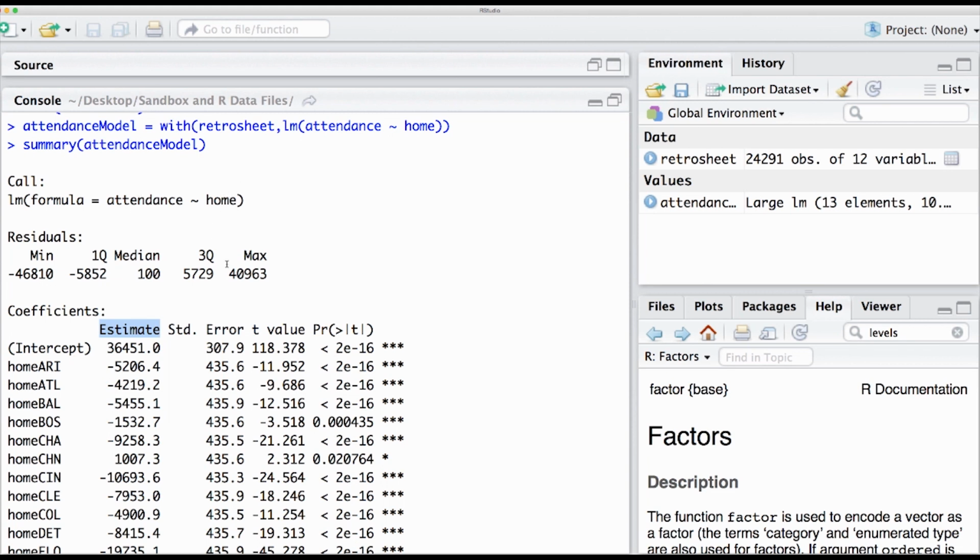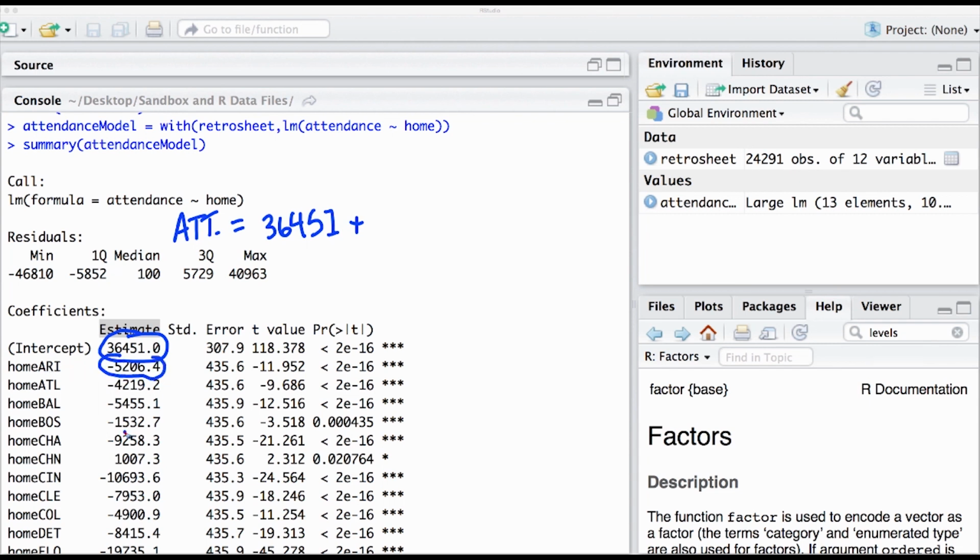And here's what the model looks like. The model is that attendance equals our first estimate from Anaheim, 36,451, plus all of these other estimates. If it's Arizona, we subtract this estimate.